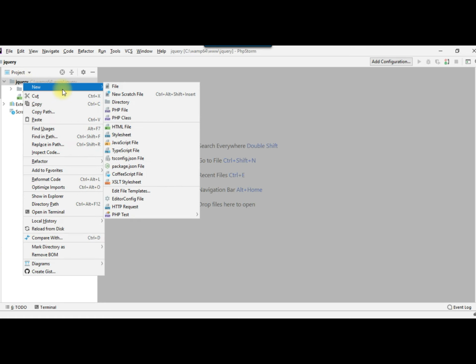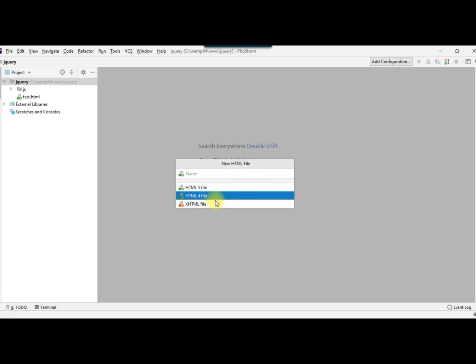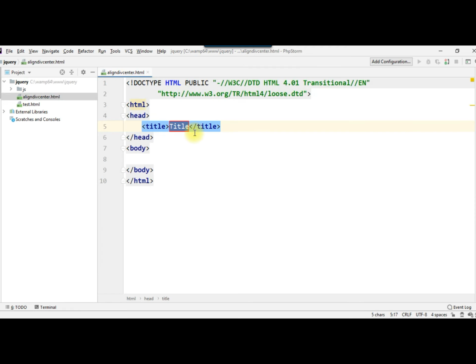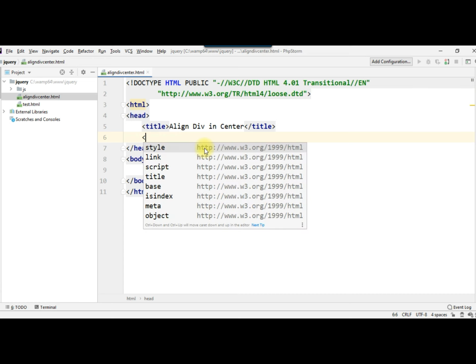With the lecture. First of all, we are going to create a file, align the div center. Okay, then our first task is actually to include